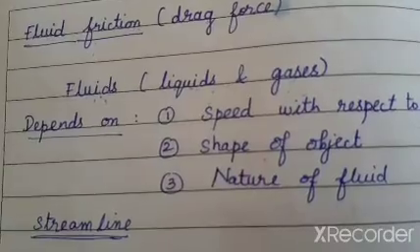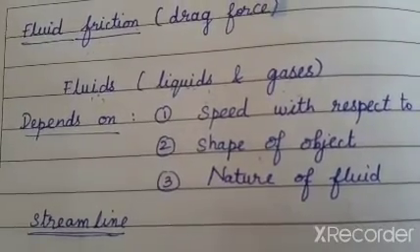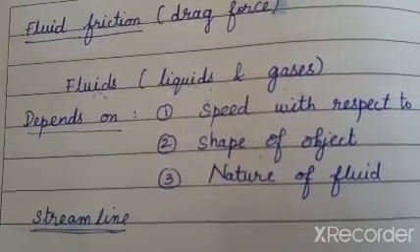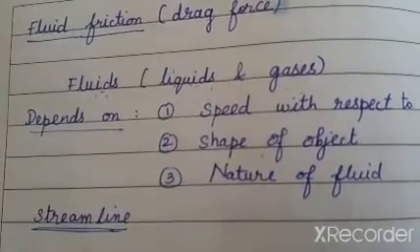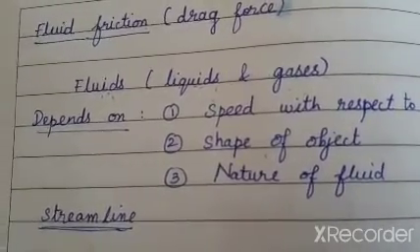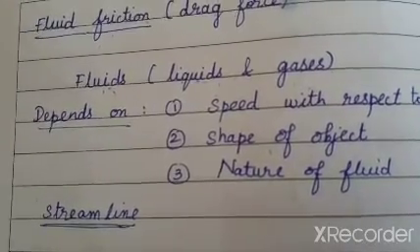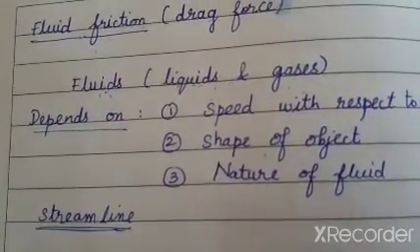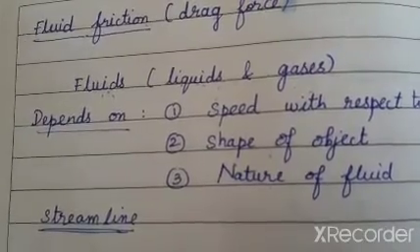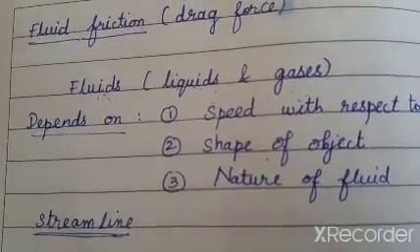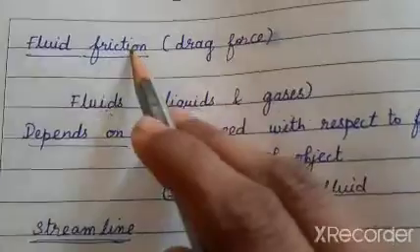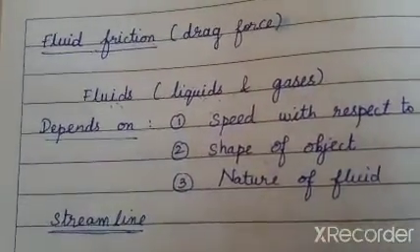You may slow down. Your speed decreases when you run or walk in the water. Why is it so? Because the nature of surfaces is different, and water is a dense liquid compared to the bare ground surface. Right? So that is why we consider the friction factor even in liquids and gases.